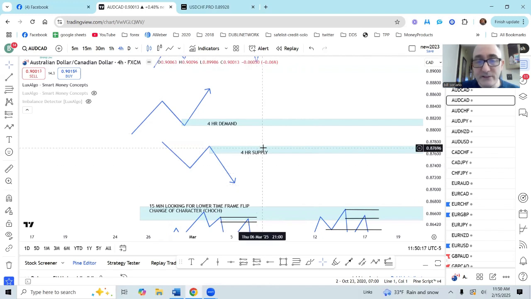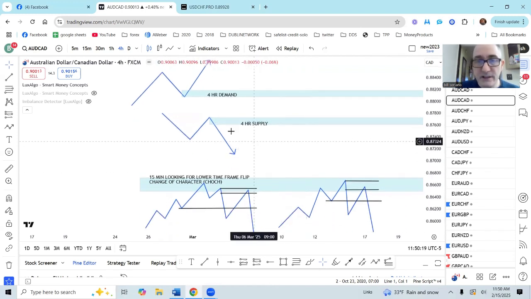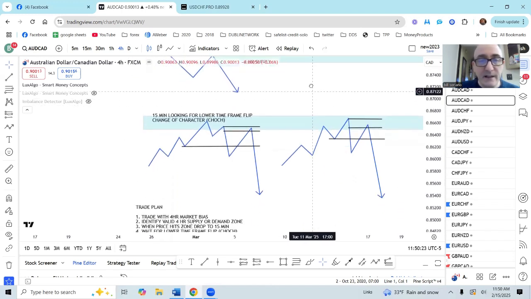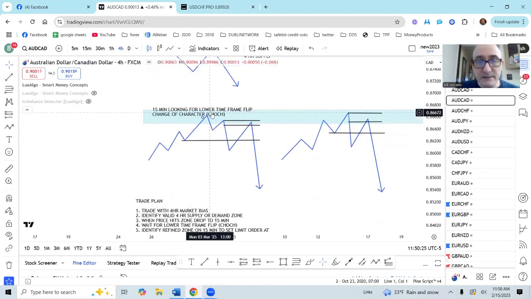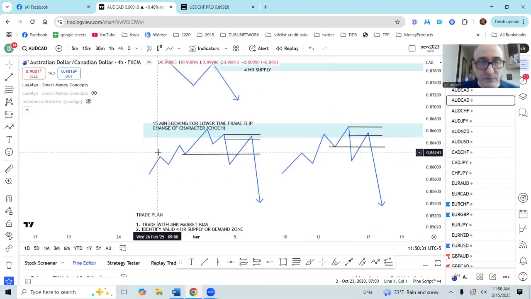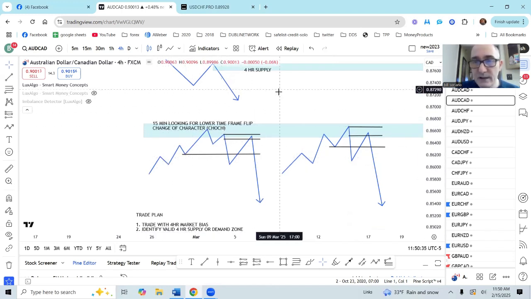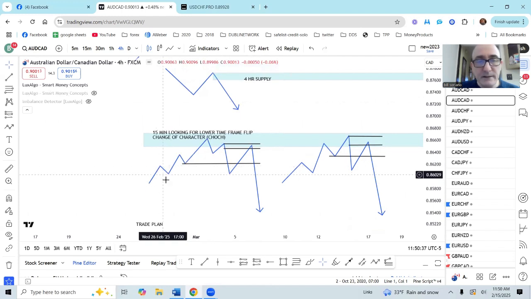Now, once these areas are hit, you set your alerts right at the beginning of those areas, and once they're hit, then you would drop down to the 15-minute time frame looking for that lower time frame flip, change of character, right? And so what happens here is price is coming up on the 15-minute now, right? It's making those higher highs, higher lows, higher highs, higher lows. It goes into our 4-hour